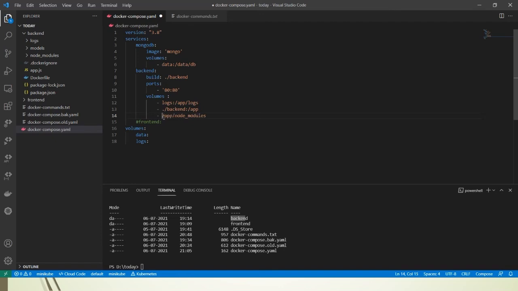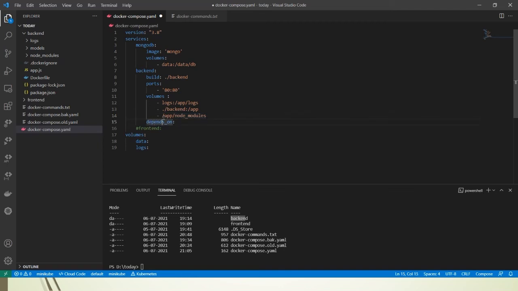Okay, now we will learn another thing, that is depends_on. Depends on means whether this backend system has any dependencies on other services, that is other containers, in this compose file.